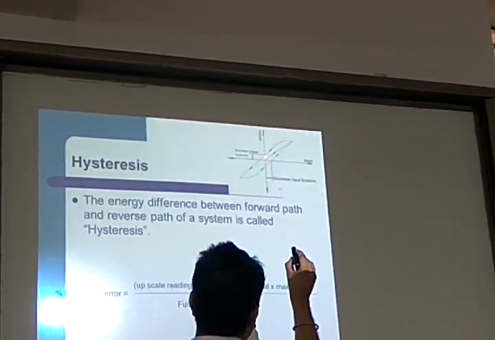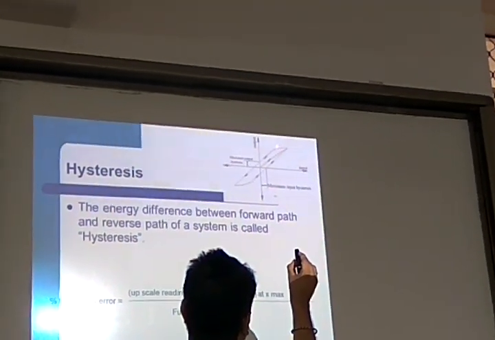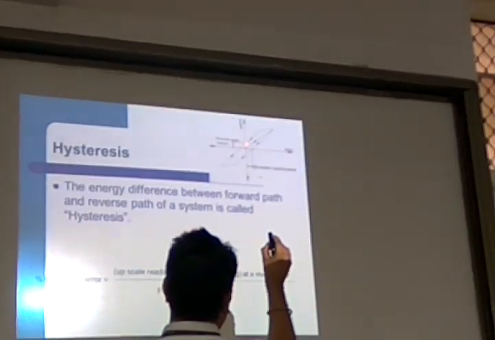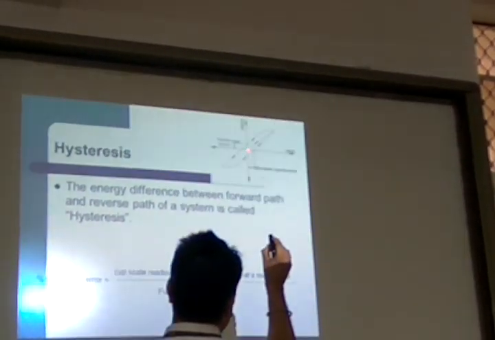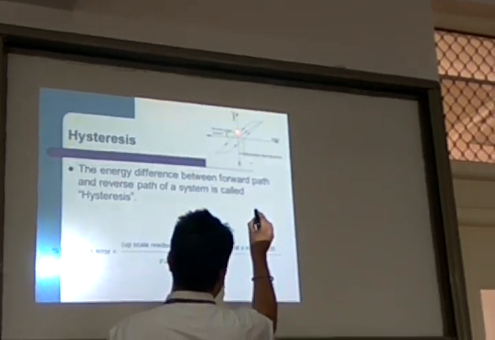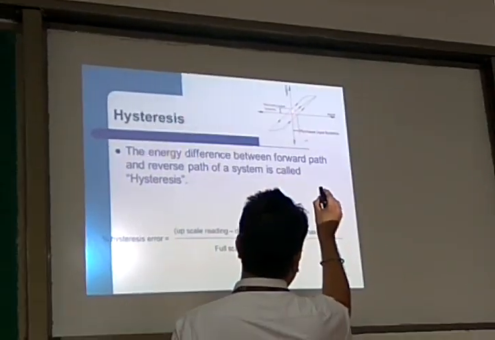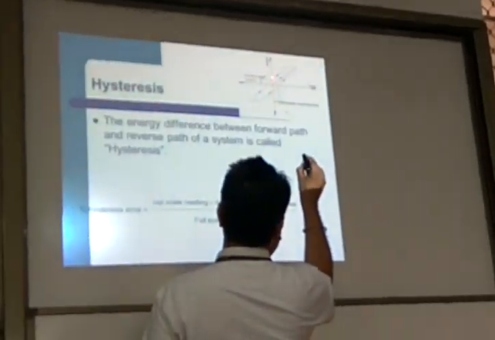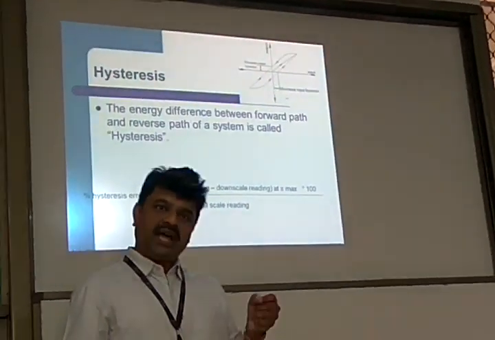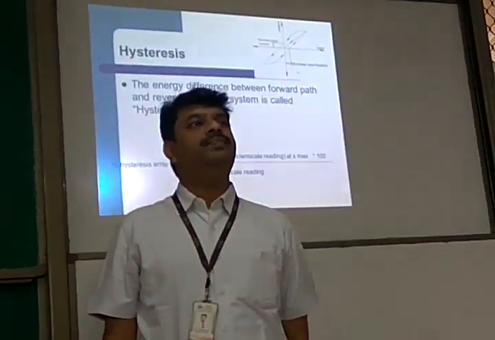Then the reverse path is this. I reduce 90 grams, 80 grams, 50 grams, 40 grams. Here I remove all the weights. I expect the reading to be 0, but some difference is there. This much output is given by the instrument even when there is no input. That difference is called